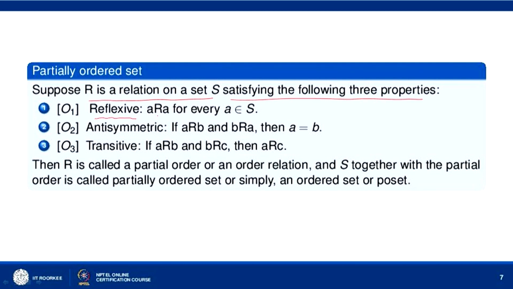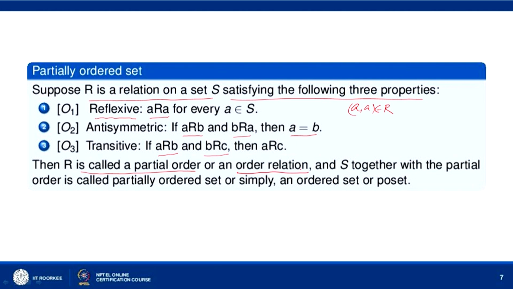First property is reflexive: A is related to A, that is (A, A) belongs to R, for every A belonging to S. Antisymmetric: if (A, B) belongs to R and (B, A) belongs to R, that will happen only when A is equal to B. So, if A is related to B and B is related to A, then A must be equal to B. Now, the third property, transitive: if A is related to B and B is related to C, then A is related to C. That means, if (A, B) belongs to R and (B, C) belongs to R, then (A, C) also belongs to R. We shall then call R a partial order, an order relation,